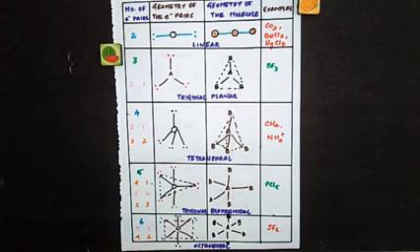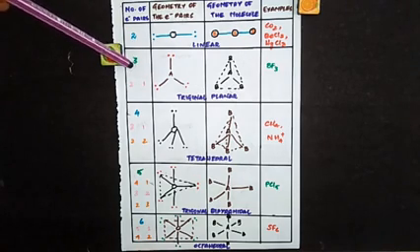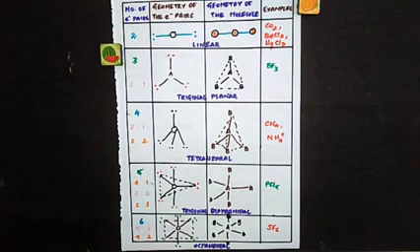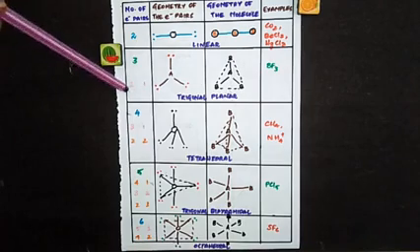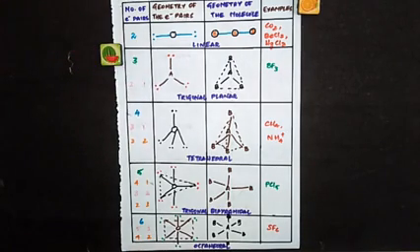Now here I have written 2 bond pairs. There is only one possibility, only 2 bond pairs can be there. We cannot have 1 lone pair and 1 bond pair. But in the case of 3 electron pairs, when we discussed first, I told you all the 3 are bond pairs. And what is the other possibility? This is another possibility: 2 can be bond pairs, 1 can be a lone pair. That I will show you in another tabular column.